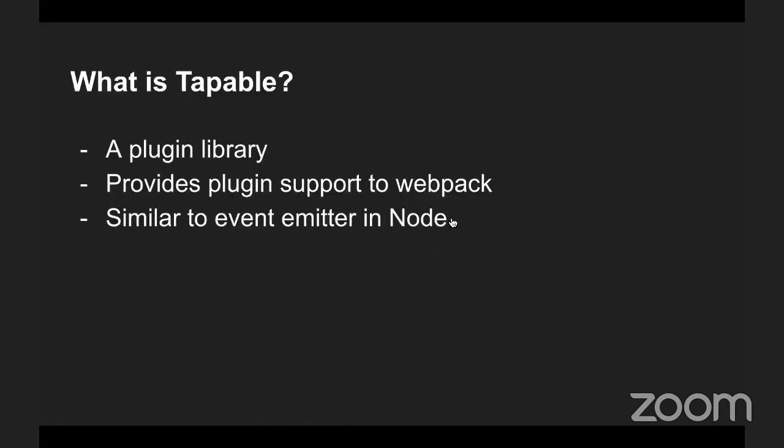Okay. So Tappable is actually, when I say Webpack consists of plugins and loaders, right? Webpack gives you flexibility to add any kind of plugin that you want. Webpack allows you to add a plugin for any purpose. So Tappable is a library. It's a very small library of 200 or 230 lines, which gives you a plugin system in Webpack. It gives you plugin support in Webpack where you can directly write plugins on top of Webpack, if you want to do anything, right? When I said HTML Webpack plugin, it is used to generate HTML from a template. So you're giving that support to Webpack through this plugin.